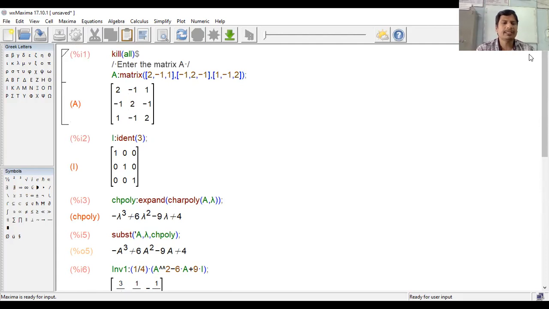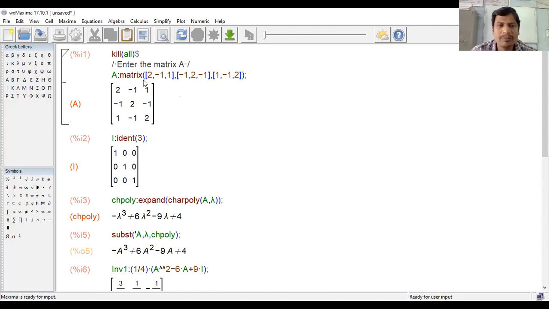See here, first is the kill all, that is the header file. After that, that is the dollar symbol. Remember this one? This is the dollar symbol. Then go to it, that is the slash, then star, enter the matrix. Then after that, star and class. Class means this one symbol is there. Okay, in your laptop, I mean this system, that one key is there. That is the class. Okay, next, that is the A matrix.